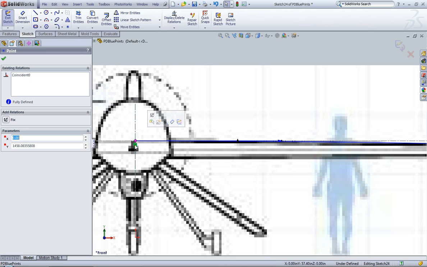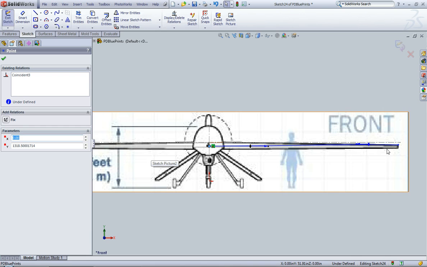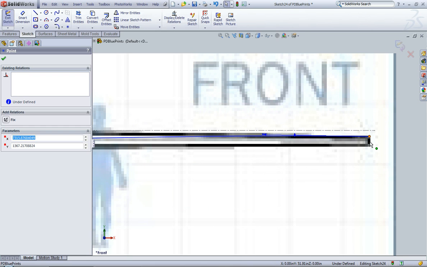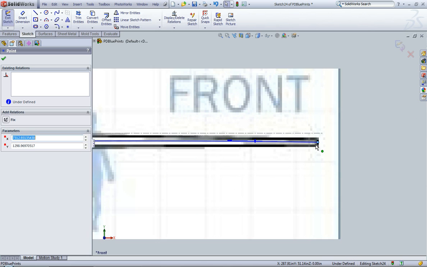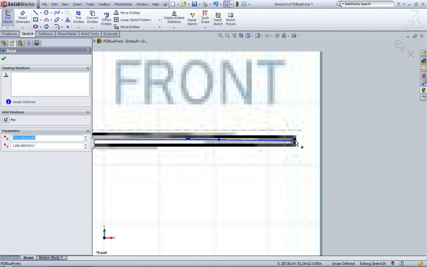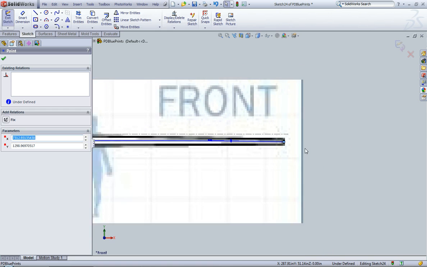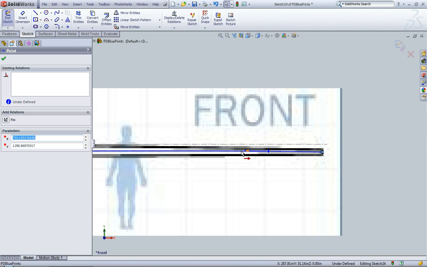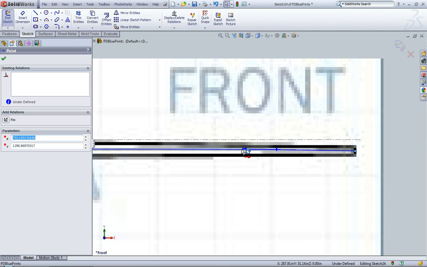So we had a coincident relation with that horizontal line, which we don't want. So I'm just going to drag this thing down, and I'm going to drag this down. Now if you remember, I went back in and I edited the top-down sketch to make that endpoint vertical with this one. So if I drag this thing way out here or way in here, the other line is going to follow that, and I don't have to worry too much about my projected curve